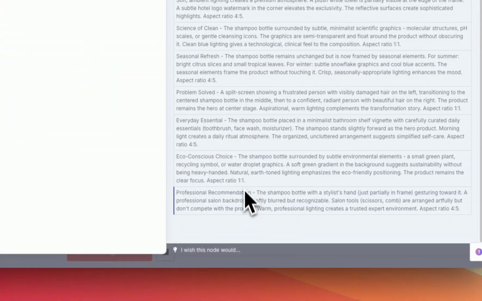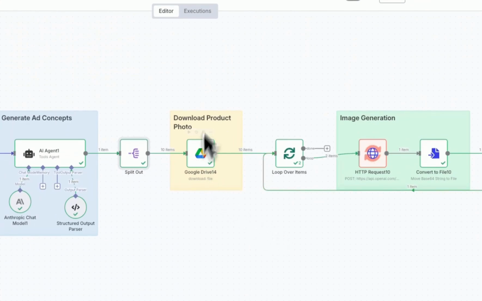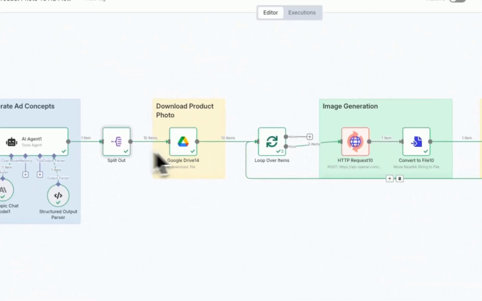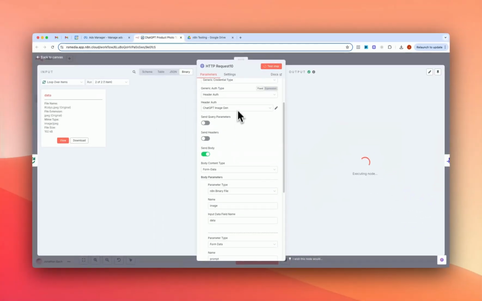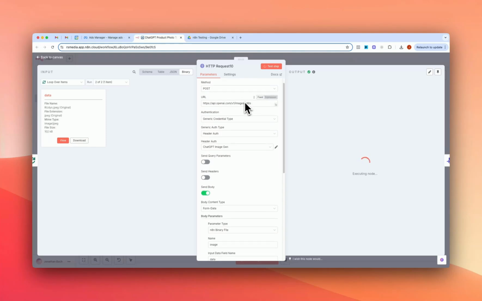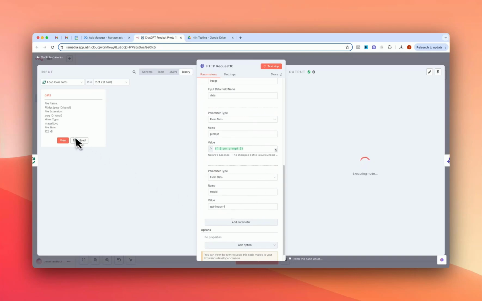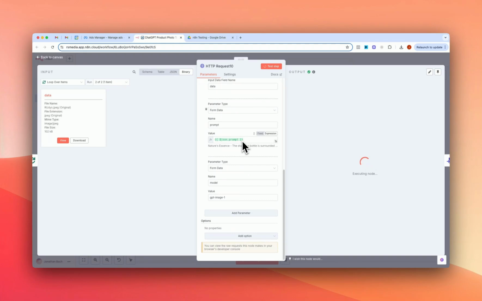We split them out one by one. So you can see here we have the 10 prompts split out again, same as with the previous flow. We re-download the product photo. We send the product photo plus the individual prompts into the HTTP request node, which is pretty much just connected to OpenAI's image gen API. So we have the image pulled right here, and then we have the prompt from the AI agent